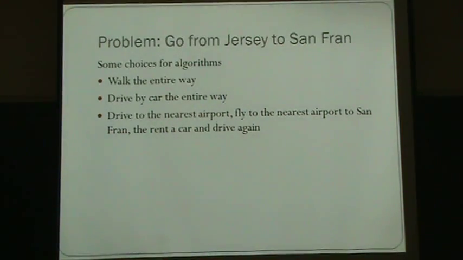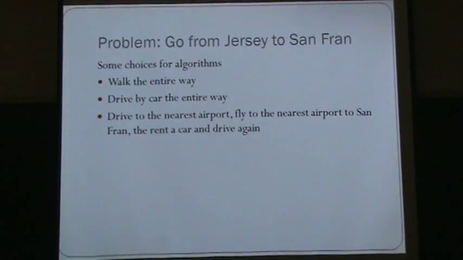So now you have lots of sub-steps to your algorithm. And you start to get into the question of, is an airplane faster than a car? Well, it is, but if you wanted to go from here to New York, you wouldn't take an airplane, because you'd have to go to the airport. There's too much overhead in going to the airport, flying there and renting a car. It's too short of a problem to use that technique.